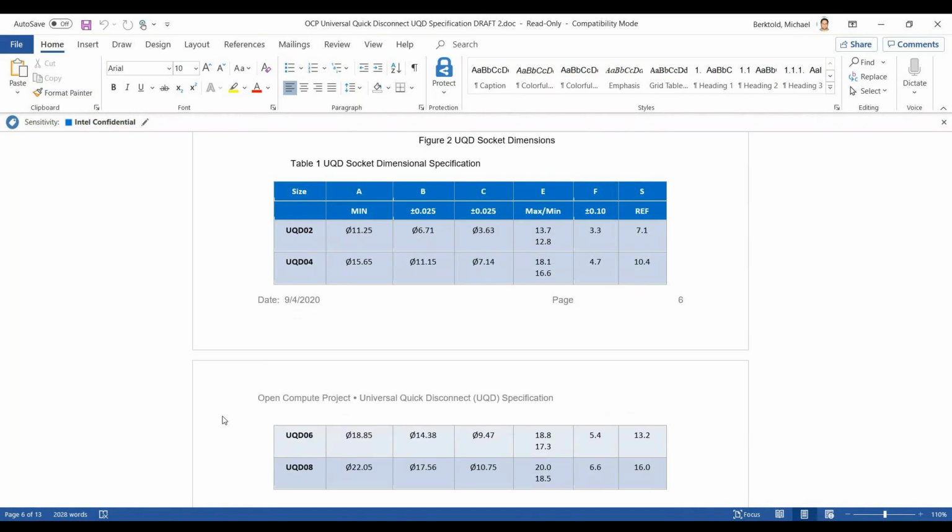The tolerance of those specific dimensions are along the top row there. You can see that dimension A would have a min tolerance. Dimension B has a plus or minus 0.25 tolerance. These dimensions are in millimeters. And so we'll go through all the dimensions, but you can see that if you scroll back up to the